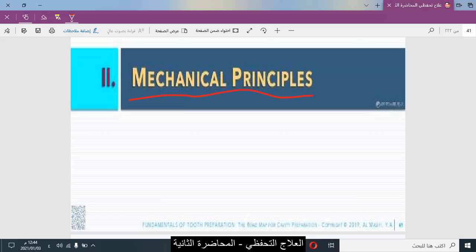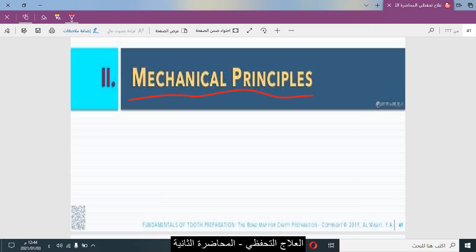Anything related to biology, meaning the pulp, the periodontal membrane or lamina dura, and also the TMJ. There is also something related to the occlusion. As for what relates to the pulp, we have to protect the pulp. Protecting the pulp means we remove the amount of caries and we have to do the retention